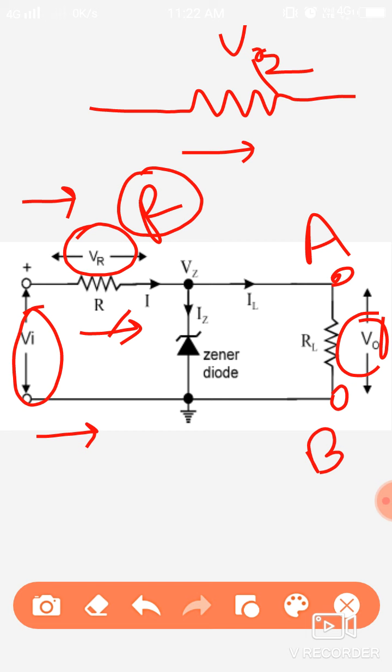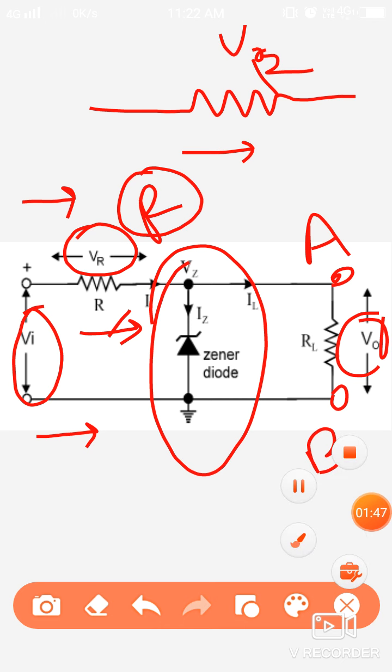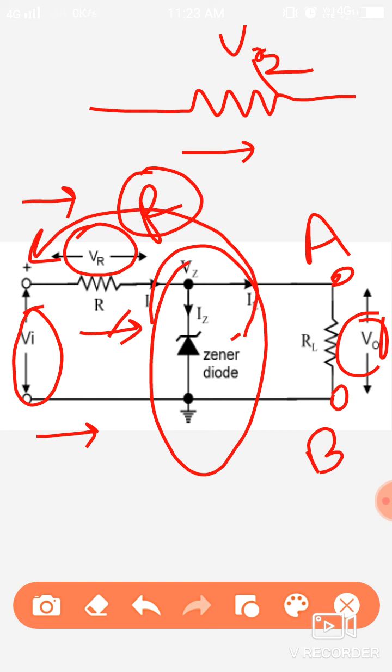Suppose that here we put a Zener diode in reverse biasing. It is well known that a Zener diode is always used in DC circuits in reverse bias. Reverse bias means that this N side is always connected to the positive terminal of the input, and the other side vice versa. Then what will happen?